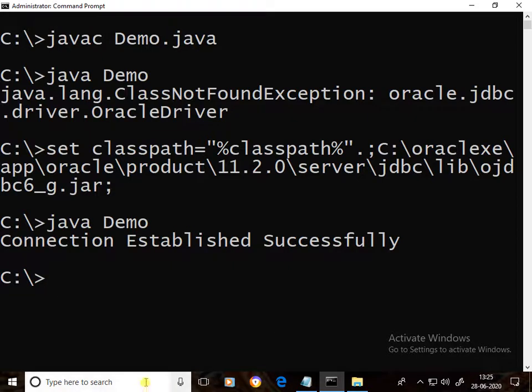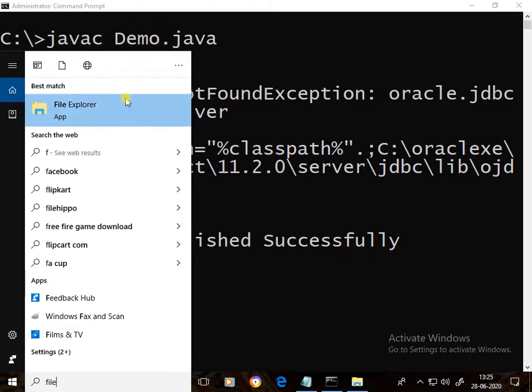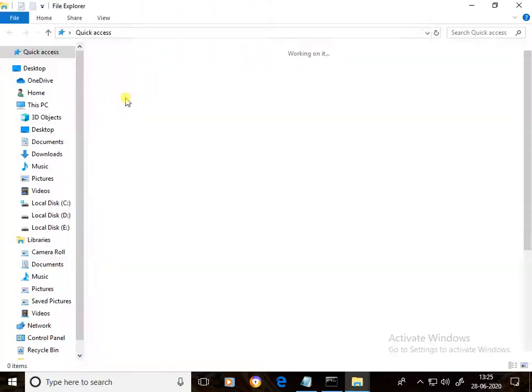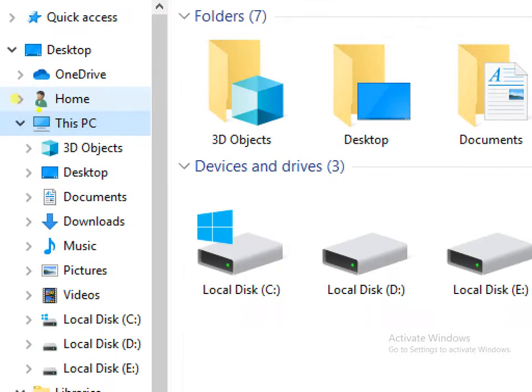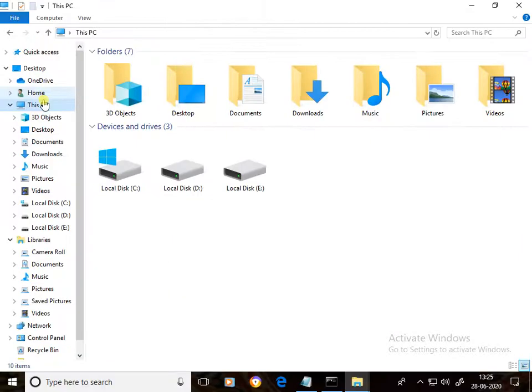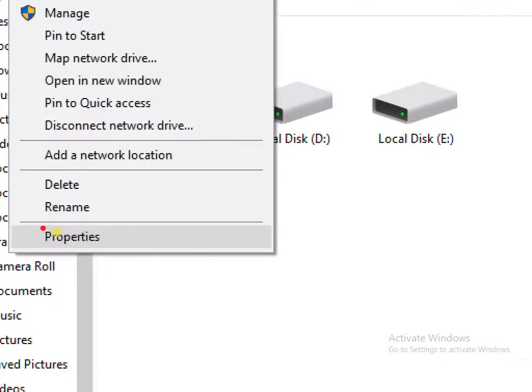See here, open the file explorer. Here, right click on This PC. Here, click on properties.